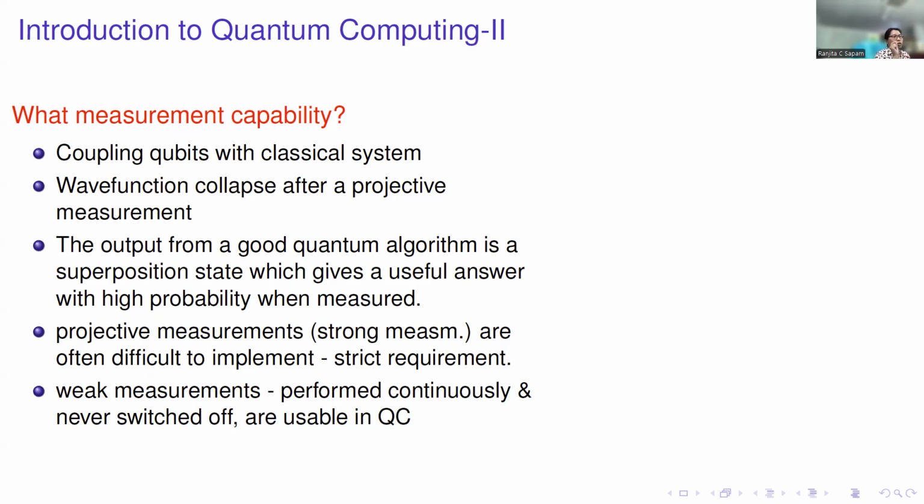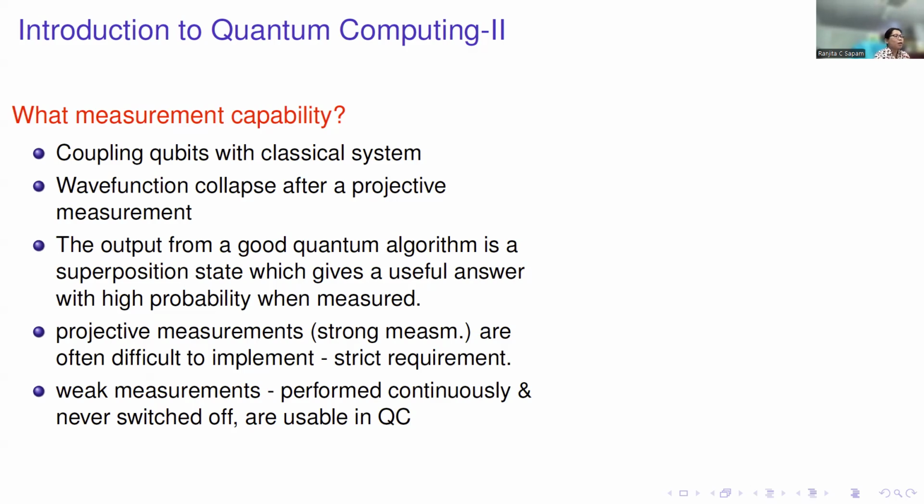So we have to judiciously choose which state we should measure, which will give the highest information about the system. Even though we are allowed to do parallel computing, we cannot read all the states. We are allowed to read only one state from the superposition state. So we have to choose judiciously which state we will read to get maximum information out of the system.